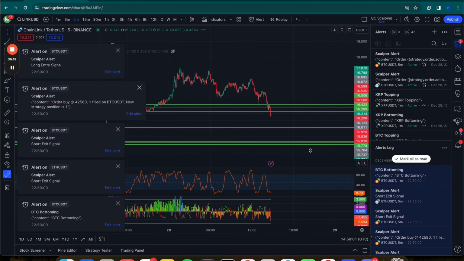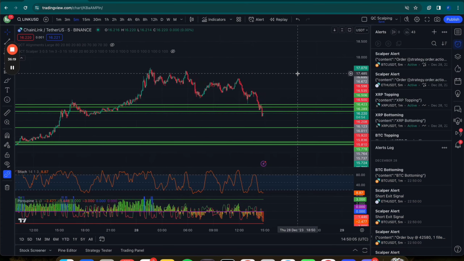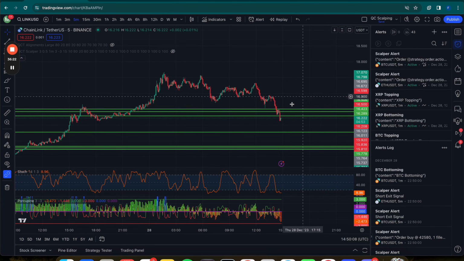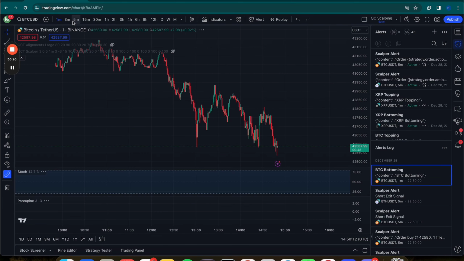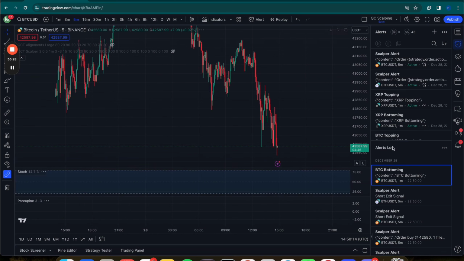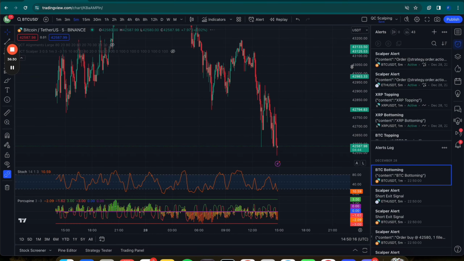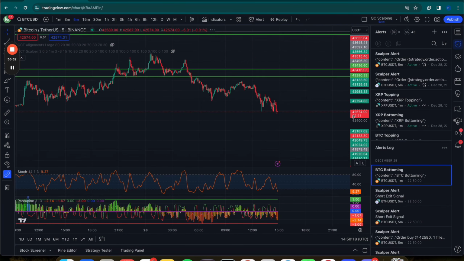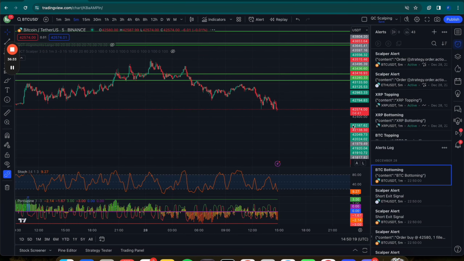I look at confirmations. I want to make sure that they're all together, they're all aligning, and as they are aligning, I look at Bitcoin, see the overall bias, make sure that it's accurate and consistent, and then I look at better setups, right? So once that analysis is done, I actually look at the stochastic and see, okay, how low are they? What is the direction of each of them? And based on that, I will find the best setup in the list of coins that I have here, and I will trade the best 3 setups or something like that.